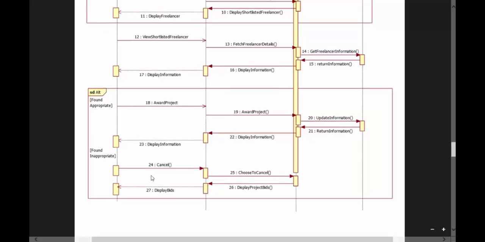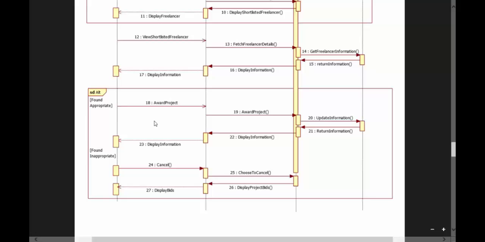The employer will choose one of the freelancers to award the project and will request the window to award the project to the freelancer, and the window will request the controller to update the information in the database that this particular project has been awarded to this particular freelancer, and the updated information will be displayed to the employer.